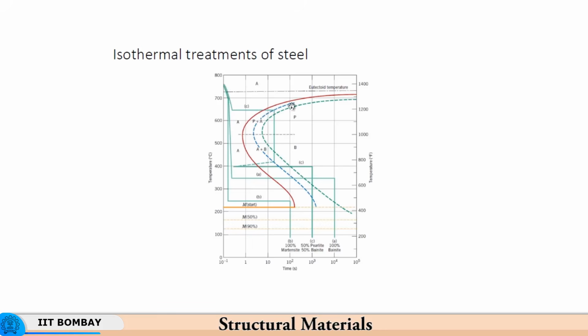So, you see the central dotted line. That is the line which corresponds to some partial transformation, where a certain percentage of perlite has formed from austenite. So, you have a mixture of austenite plus perlite here on this inner dotted line, which lies between the full line and this dotted line, which indicates completion of the transformation. Now, if you cool down very rapidly to this temperature,